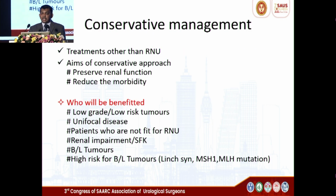Now, what do we consider as conservative management? Any treatment other than radical nephroureterectomy is taken as conservative management. The aim of this management is to preserve the renal function as well as to reduce the morbidity for these patients. If you look at who will benefit from this conservative management,